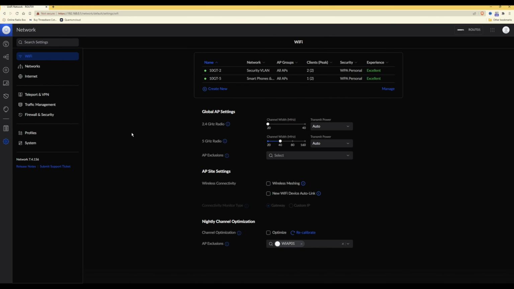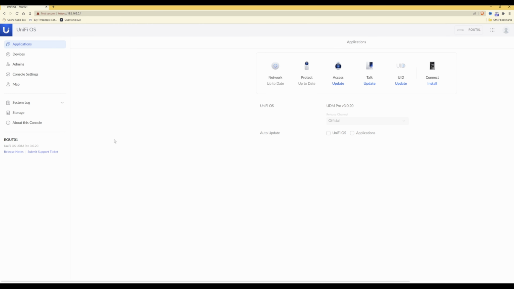So to confirm, you need to be on version 7.4.156 of the UniFi network controller. For the UniFi OS version, I'm using UniFi OS on a UDM Pro, and it is version 3.0.20. So providing you are on at least both of those two versions for the UniFi OS and UniFi network, you should have no problem in following this guide on how to create VLANs and allocate the associated client devices